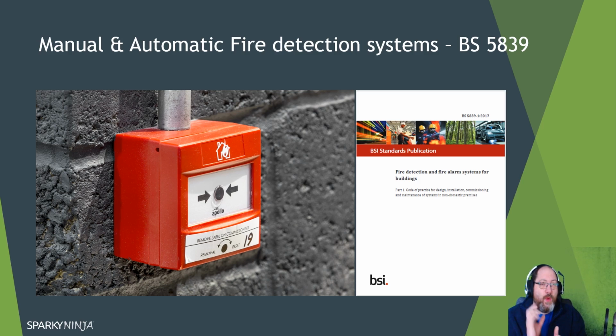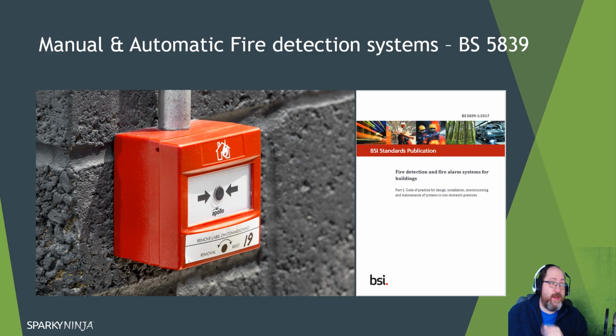We need to wire them in a route that is direct, that is deliberate, that is not on a deviation path to accommodate other lighting and power demands. The wiring system erected for fire and for emergency lighting should be direct and should be fire propagating resistant to actually work. But all this technical requirement is in BS 5839, which, if you do dabble into fire alarms, manual or automatic, you should have